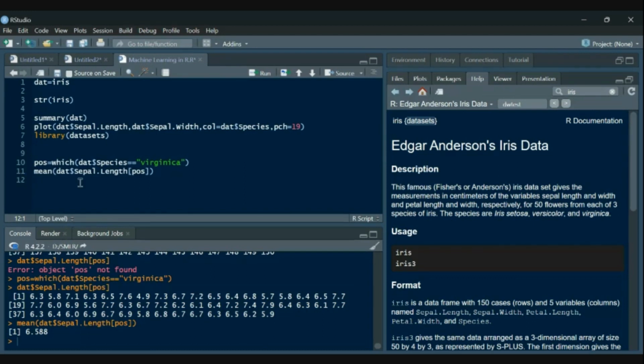Can you find it for the other two, or any one of the two?